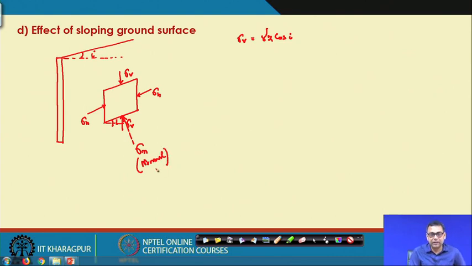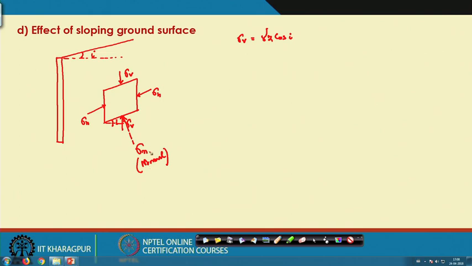Because in previous cases your planes were perfectly either horizontal or vertical, sigma v was also sigma n, normal; in both cases it was normal. But here sigma v, which acts in the vertical direction, is not normal to this plane. If your plane is perfectly horizontal, then the stress acting in the vertical direction is also normal to that plane, but here your plane is inclined. So, the stress acting in the vertical direction is not normal to this plane. The normal to this plane is sigma n.